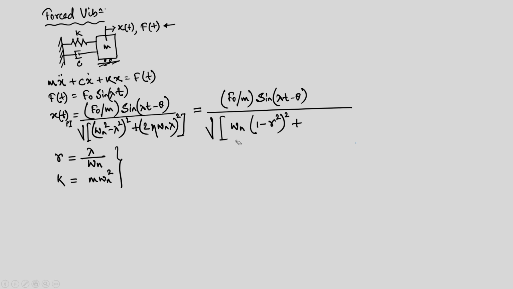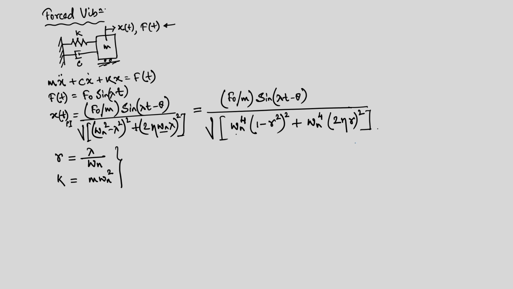So, this will be to the power 4, and then what we have here is again omega n to the power 4, and then what we will have inside is twice eta. We take one omega n, so that will be omega n square, and lambda by omega n. So, this will be omega n square. So, if I take it out, that will be omega n to the power 4, and then inside it will be twice eta r whole square.